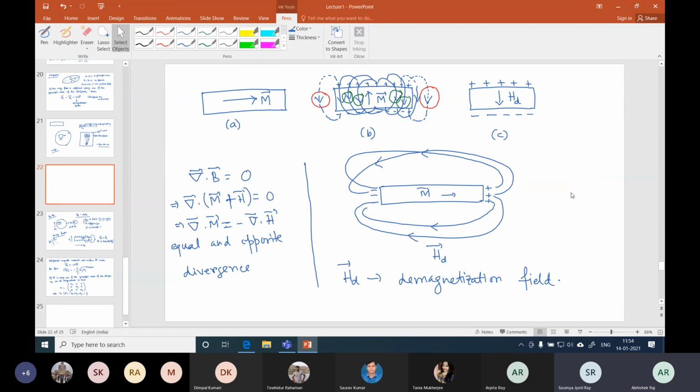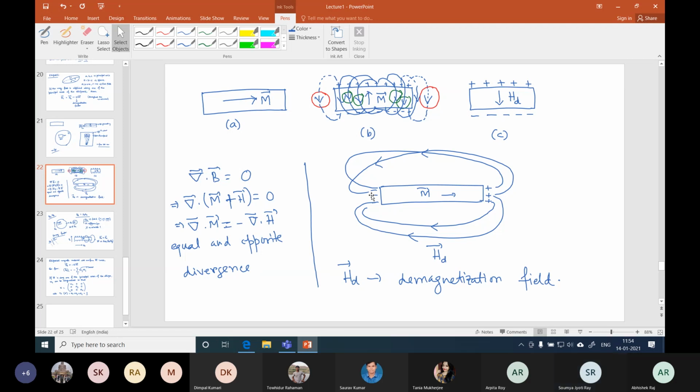For example, whenever you have seen permanent magnets, like magnets which you can buy in the market, small magnets, bar magnets, you have seen it, right? So when you take that magnet close to something, either it attracts or it repels, right? Why? Because it creates some magnetic field and the other object is getting affected by that field.